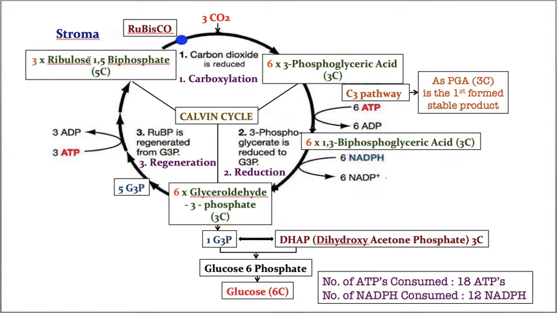इधर कितना है, 15. So because one RUBP has 5 carbons, and each RUBP has 5 carbons, and how many RUBPs are participating? 3. 3 5 15. 15 plus 3 is equal to 18. And here how many are formed? 6 PGAs are formed and each PGA has 3 carbons. So 3 6 कितना, 6 3 18 बराबर हो गया ना.